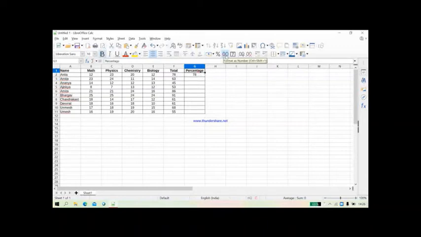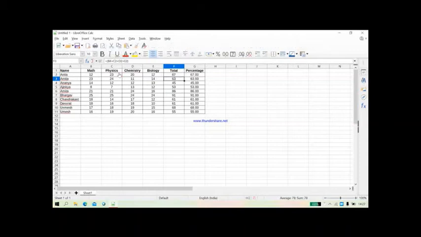If you want to make it the 0 numbering like this, so here you can make the percentage sign and just drag it down so that you will get the total. Okay, so like this you will get the total.